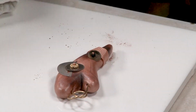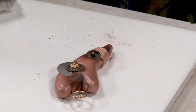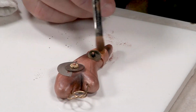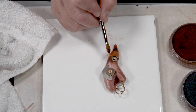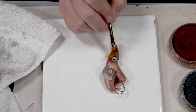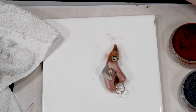All right, so I've got black as well, but I feel like my brown here is quite nice. I probably don't even need any black. It's dark enough. I'm going to use a little lighter brown on here to kind of give it a leathery feel. And then why don't we get a little bit of green and pop a fake patina on there. Now you see how I covered that up? If I want to see those textures,